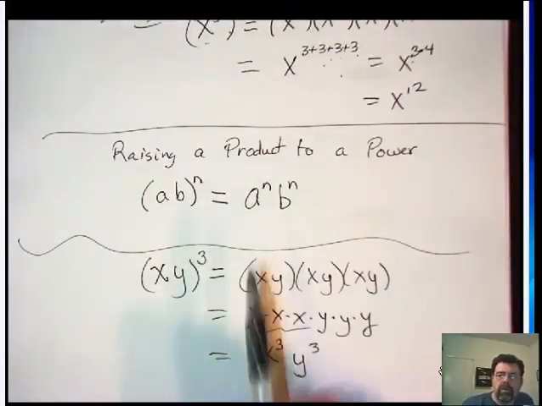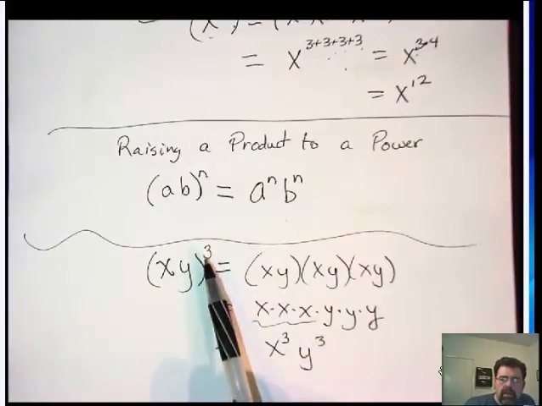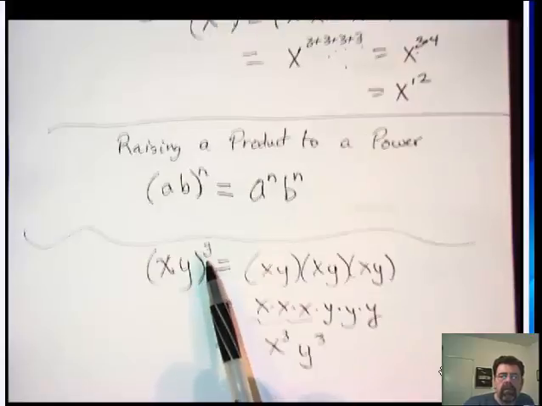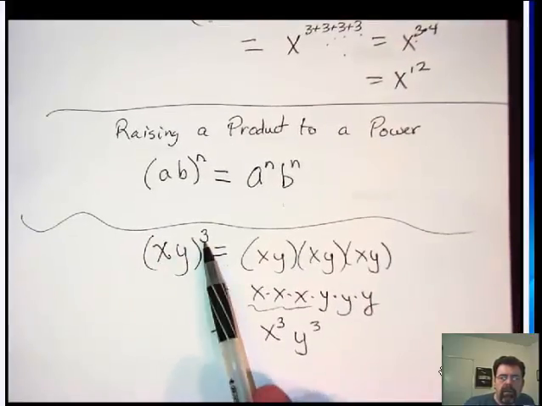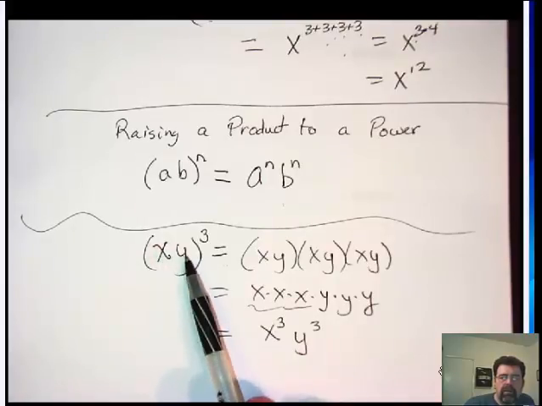So again, we create this rule so we can just cut to the chase. It's a shortcut. Instead of showing all this work, you're just going to say the result's going to be, if you have a product raised to a power, you're just going to raise each factor in the product to that